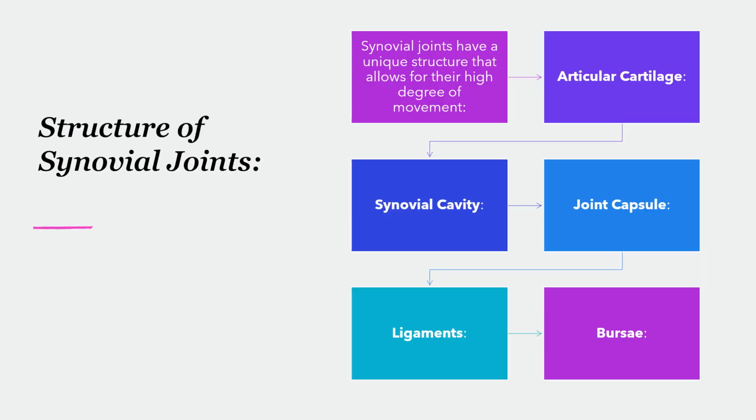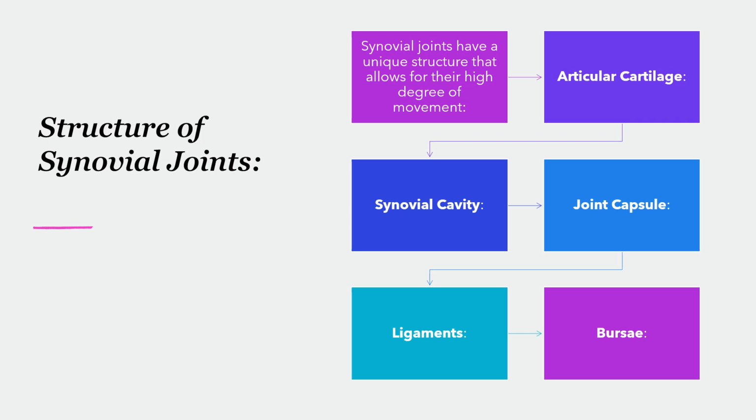So let's talk about the structure of synovial joints. Now, synovial joints have a unique structure that allows for the high degree of movement. They have articular cartilage. Now, this is smooth cartilage that covers the ends of the bone involved in the joint. It reduces friction and it acts as a shock absorber. They have a synovial cavity, and that's a small space between the bones that contains synovial fluid, which lubricates the